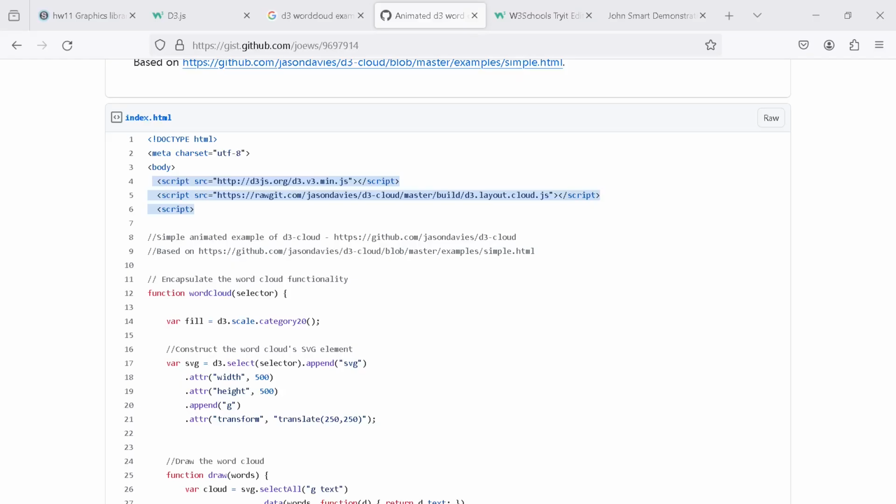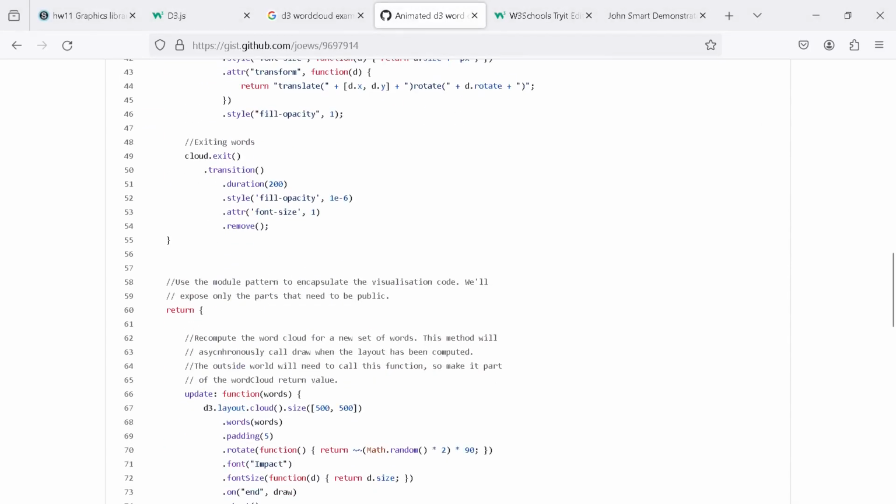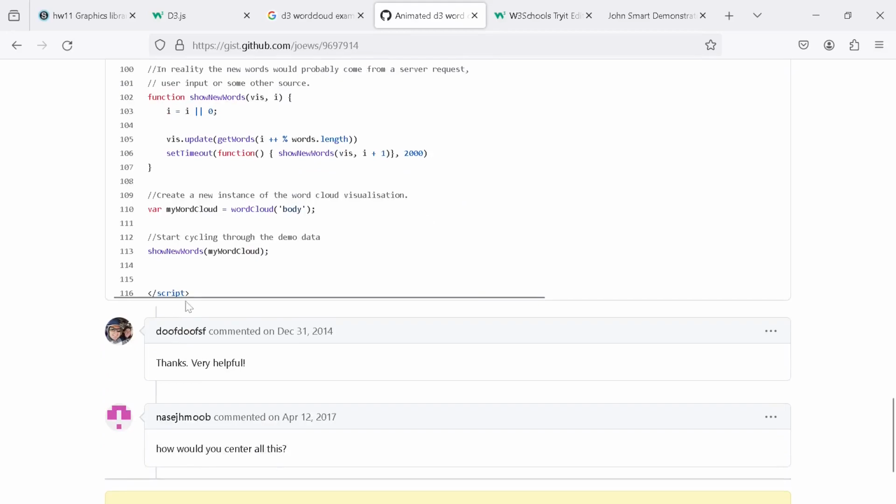Now let's see what their code looks like for actually generating it. In the script, oh, I see they started a script, and I'll include the rest of that script. Right all the way to the end of the script, right there. Copy